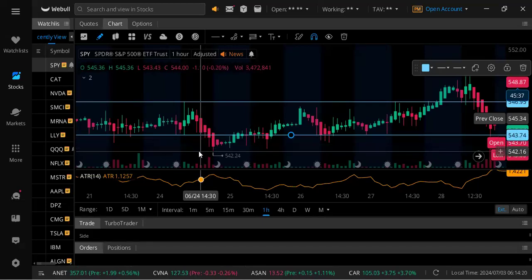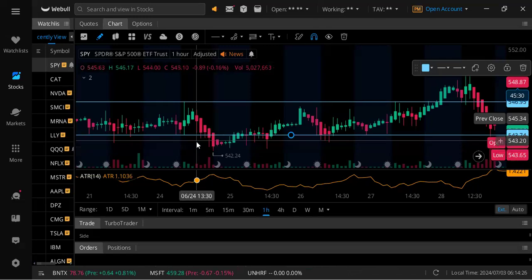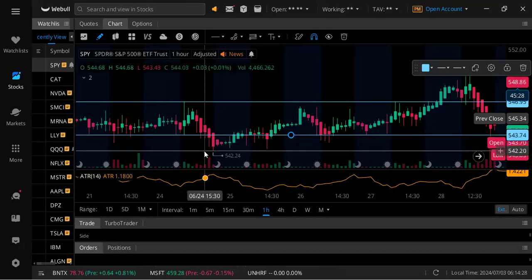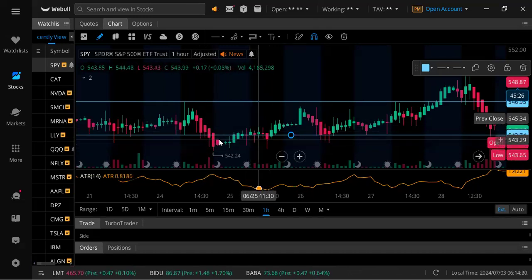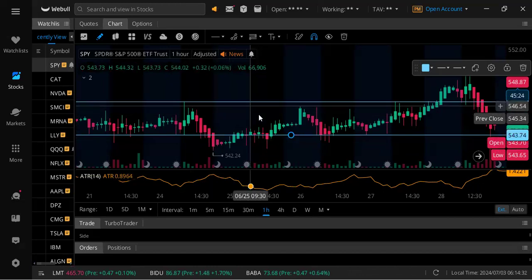So when you're using this, you always have to have a target level, because you want to know if it's breaking below the first hour low, where is it going? Okay, so that's then the next day,